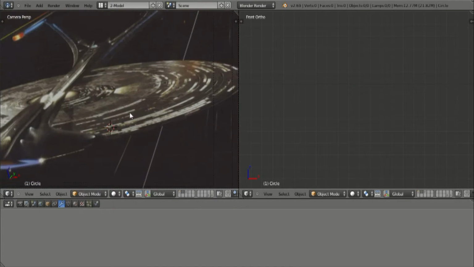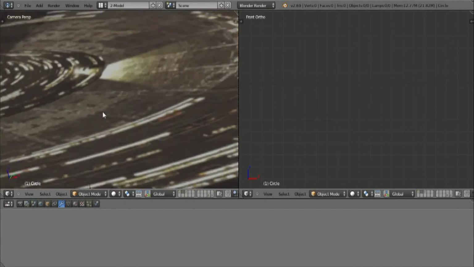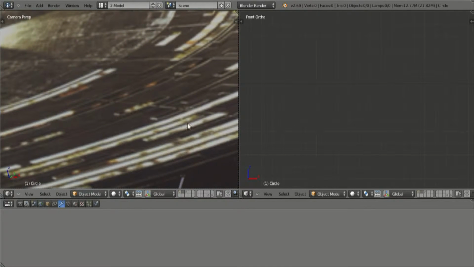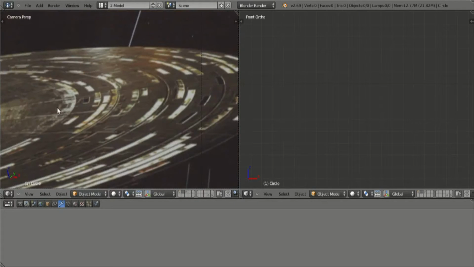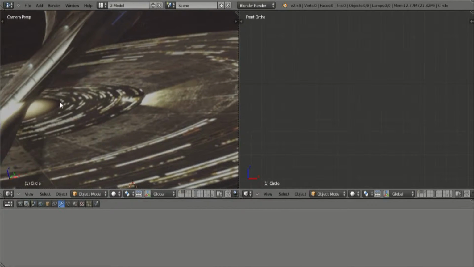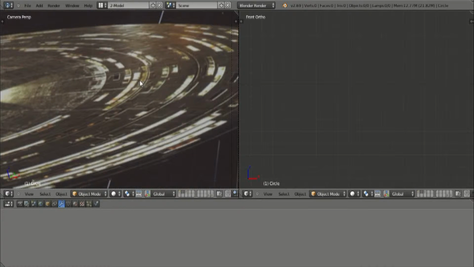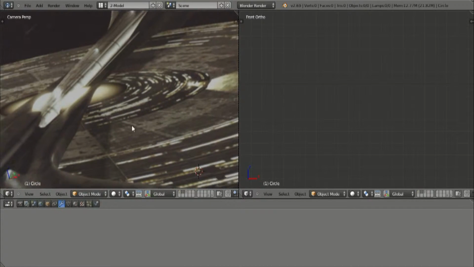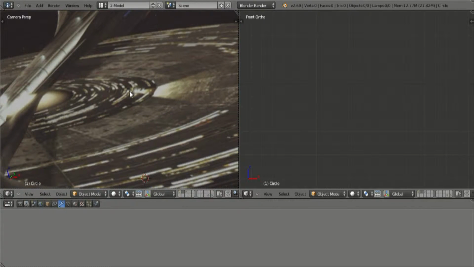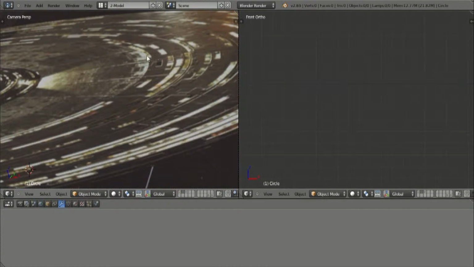So what we're going to be working on today is we're going to go ahead and put in some extra details here. And another thing that I'm going to do, and if y'all would like to put some comments in on this, is a little trick that I learned: somewhere inside the scene you put a block, one single block. Now that block could represent anything. What I'm planning on doing is to have that block represent the size of a human. That way as you build the ship, you could put that block to try to get a sense of scale,